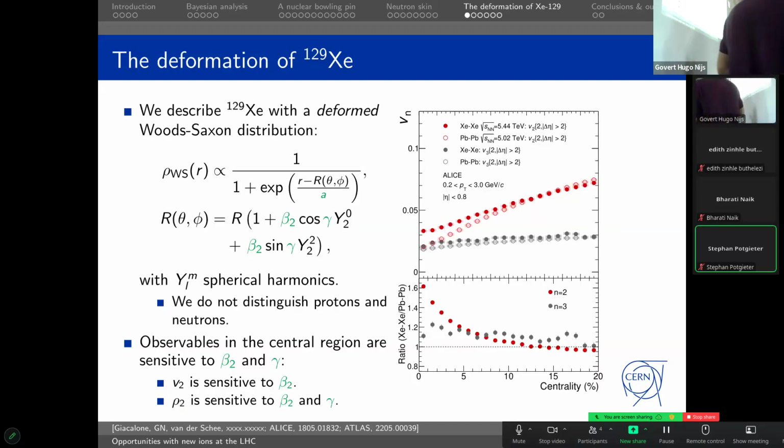Moving on to the shape of xenon. This is something that we can do with existing data, because this is something that the LHC ran. So here we're basically going to do the same exercise as with lead, just with different parameters. Now the radius in the Woods-Saxon is no longer just a constant. Now there's a radius parameter, which I forgot to make green. There's also